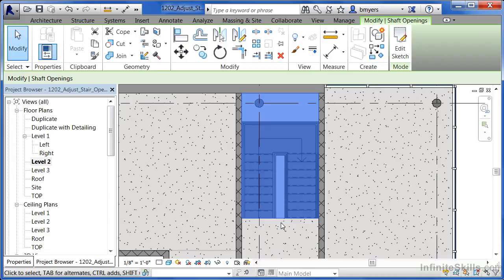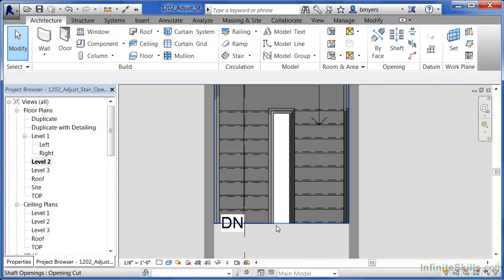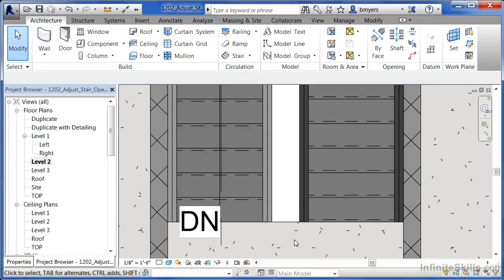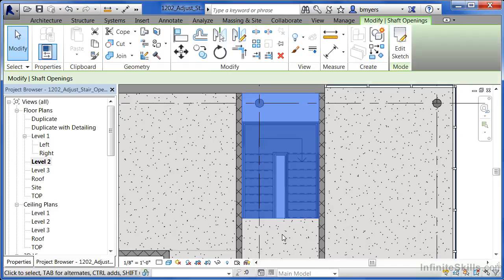We can see that the floor is now added material, and it's coming all the way over right to the edge of where this opening object is. If you click out in space, we can see that the blue goes away. Now we're still going to need to add some railing here so people don't fall off the edge and go right into the hole. And if you need to modify an opening object,